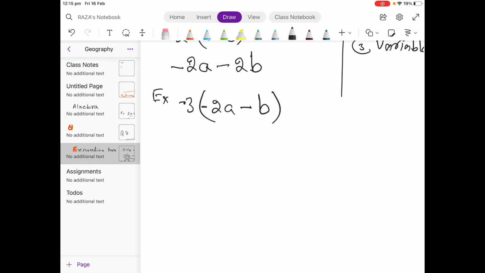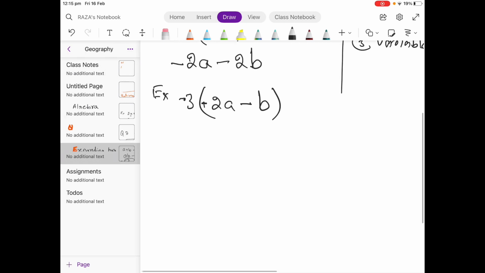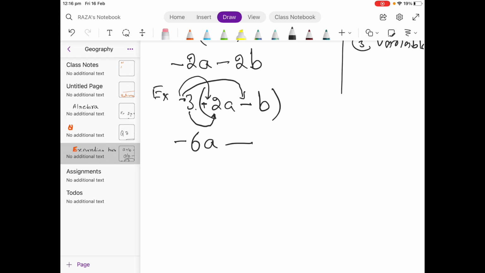There's no sign with 2, but there is always positive. Negative times positive is negative. Number with number: 3 times 2 is 6. Variable with variable: outside you don't have any variable, so inside the variable stays the same. Second, with the second term, negative will apply with the second negative, that turns into positive, because